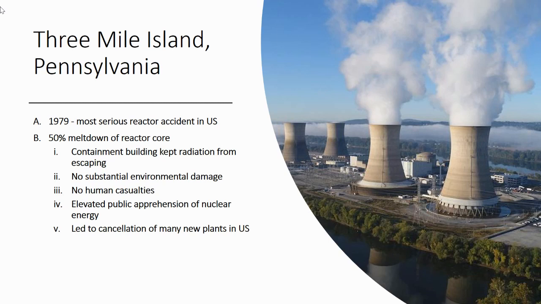There were no deaths and no substantial environmental damage, but the public eye of nuclear power changed, and people began to really distrust it. Even though it was a source of energy that didn't produce any pollutants, people became afraid of nuclear power at this point. So it kind of led to the cancellation of a lot of power plants in the